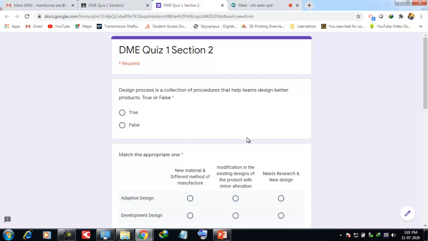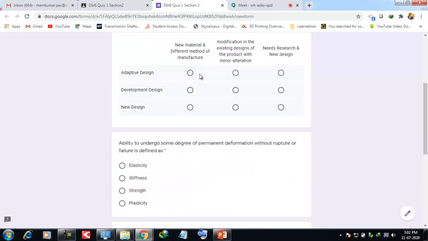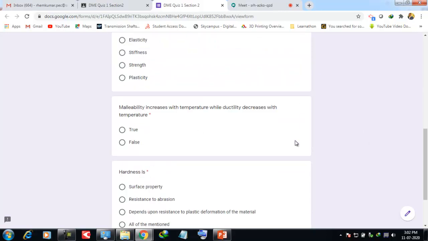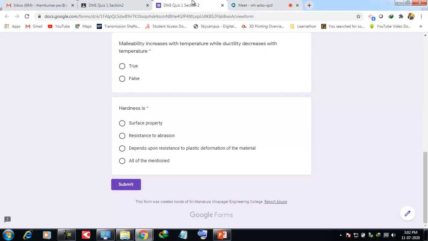Then you have to select which option is correct for adaptive design, development design, and new design. Then, what is the property of a material to undergo permanent deformation without rupture or failure? Malleability. What is meant by malleability? Then the hardness property. These 5 questions only I have given today. You can answer them.